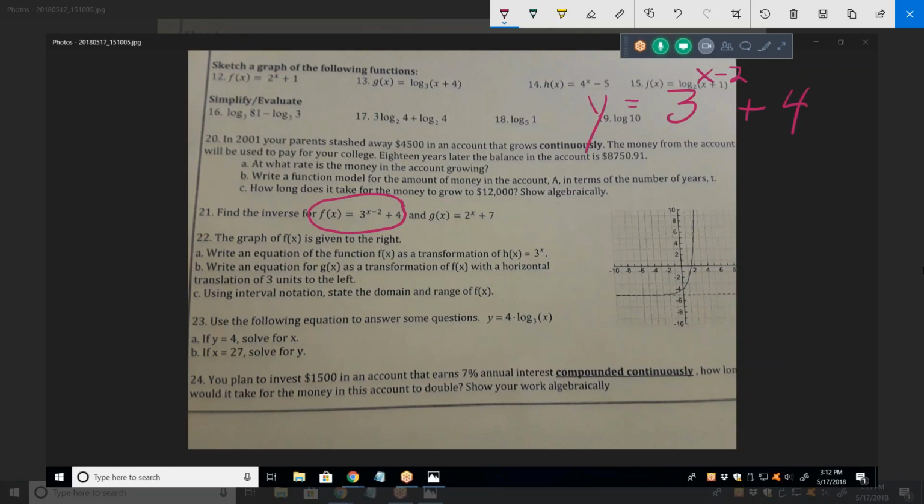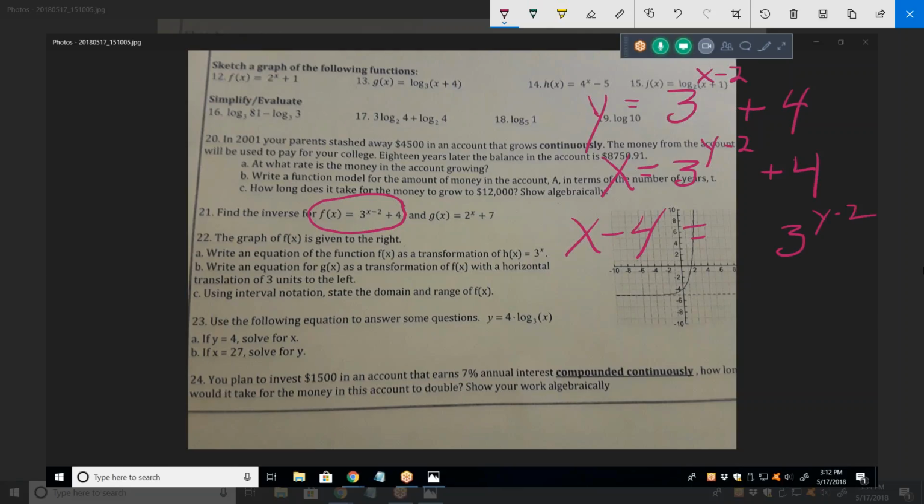Tell me, read line by line for me. Next line. So x equals 3 exponent y minus 2 and then plus 4. Now solve that for y. So minus 4, so x minus 4 equals 3 to the y minus 2. And then